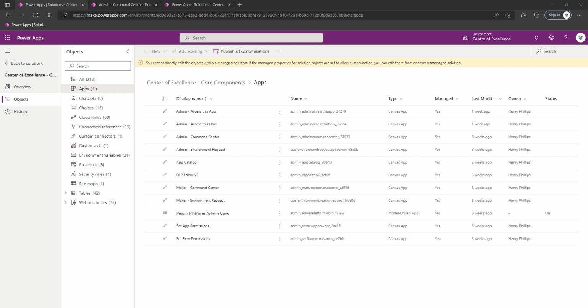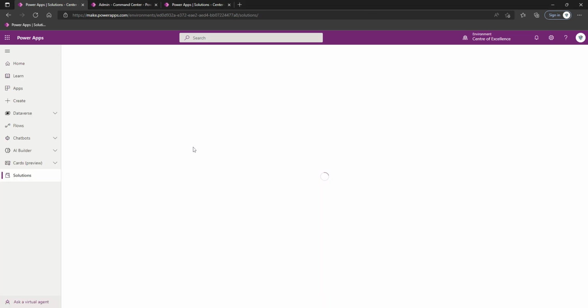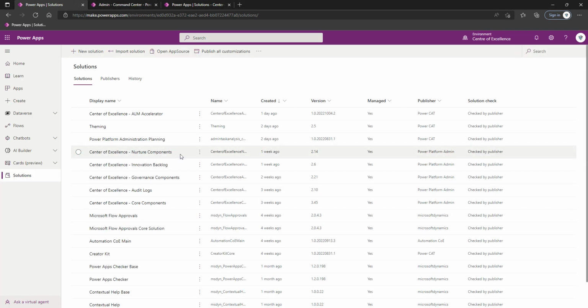But before we can do that, we must talk about the critical topic of ensuring that we keep our Centre of Excellence components up to date. So I'm only going to run through this against the core component, but it would be a bit of a rinse and repeat exercise across the other ones, because if we take a look at our solutions, there isn't just one solution. We've got core components, we've got the audit logs, governance components, innovation backlog, nurture components, Power Platform administration planning, and I will actually do another video